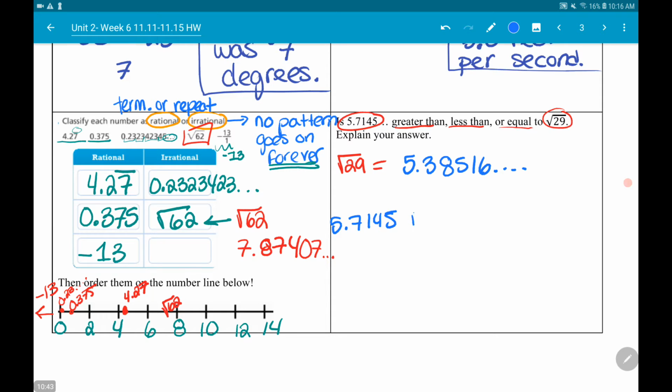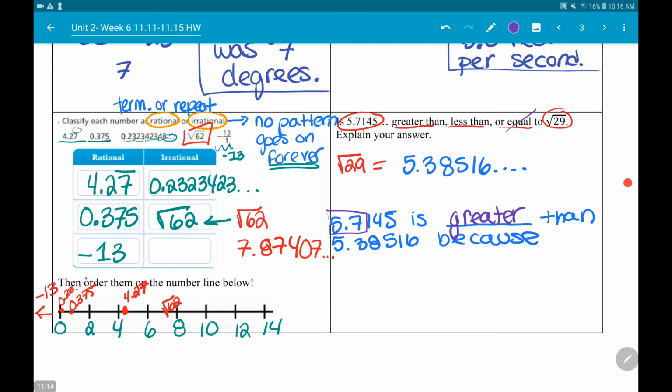All right, so let's start my sentence. 5.7415 is blank, then because, all right, so which one is it? Is it greater than, less than, or equal to? So they're definitely not equal to. So is this number greater or less? It is greater because 5.7 is larger than